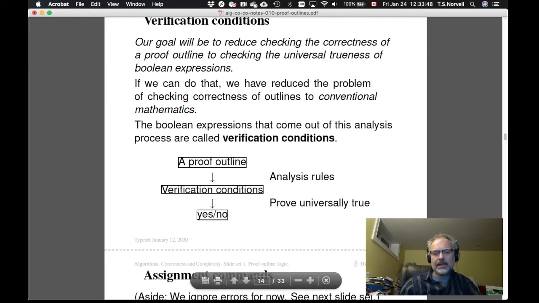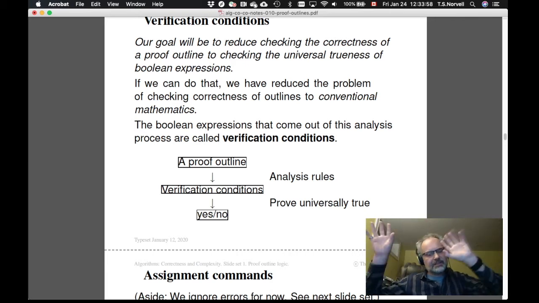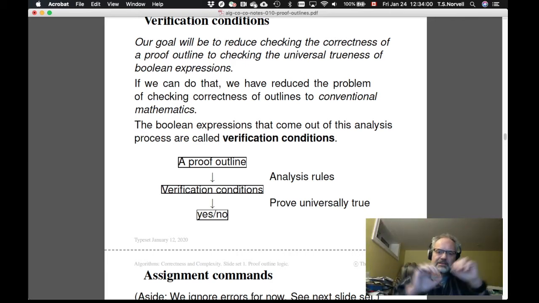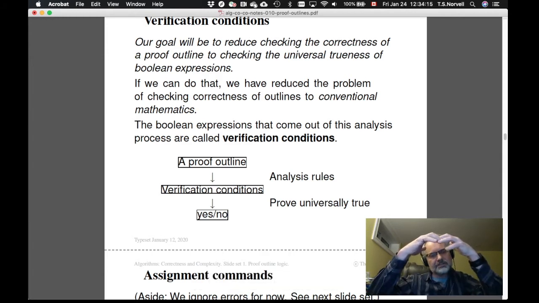Okay? And what we're going to do is we're going to recurse down on the structure of the program. Okay, so programs are kind of a tree. You know, at the top we have maybe a composition of a couple of statements, and then some of those statements might be assignment statements or if statements, and if they're if statements, then they contain statements, and loop statements also contain statements. So we have this whole tree of commands or tree of statements that we want to operate on. So we just start at the top of the tree and we work our way down to the